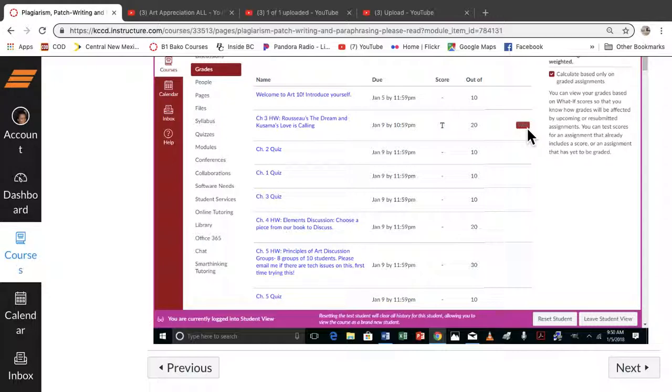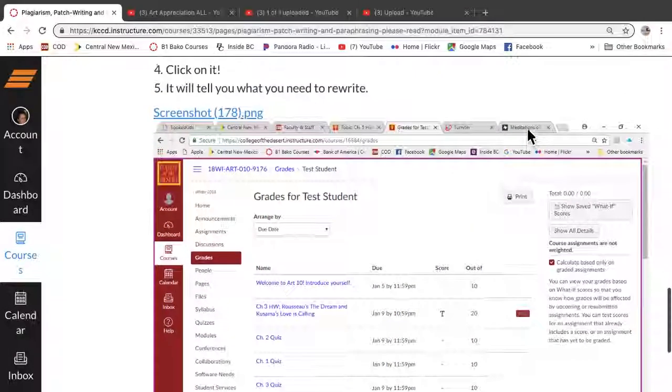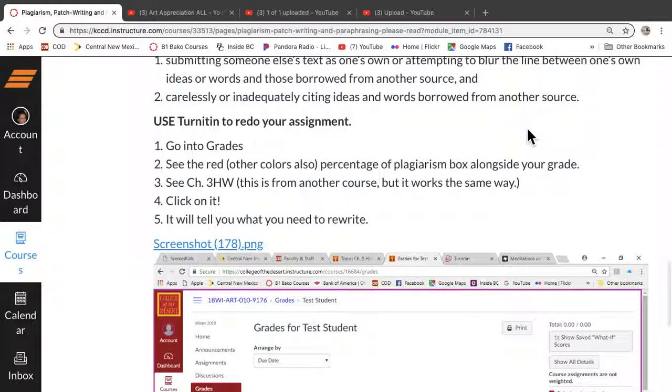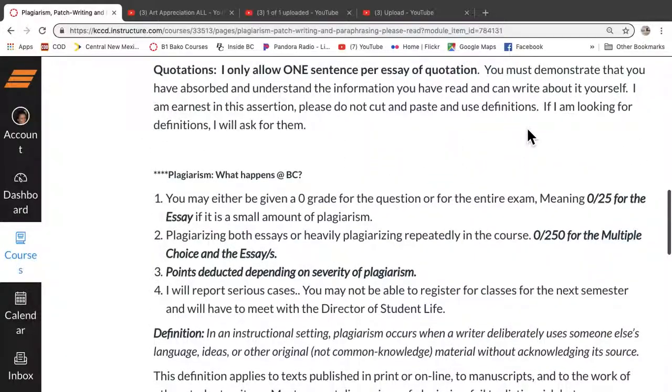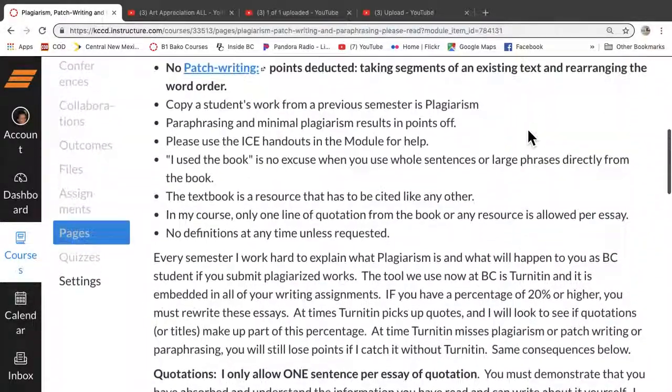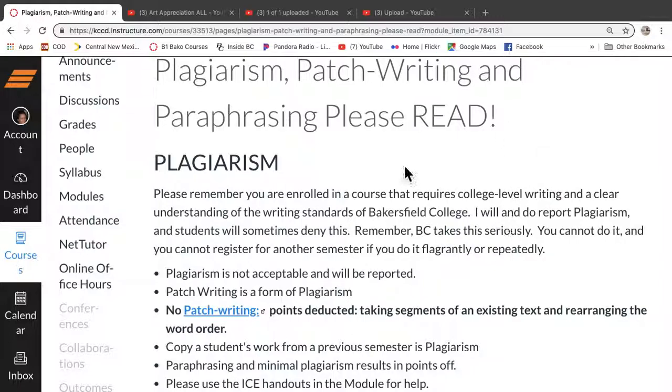So if I click on that, it's going to tell me what I did wrong in terms of cutting and pasting, and I didn't use quotation. You're only allowed to use 1 line of quotation per essay. I don't want to cut and paste from the book or somewhere else. Wikipedia is even worse about like how you're demonstrating your knowledge by cutting and pasting. You have to use your own words. So please do that. Read this.